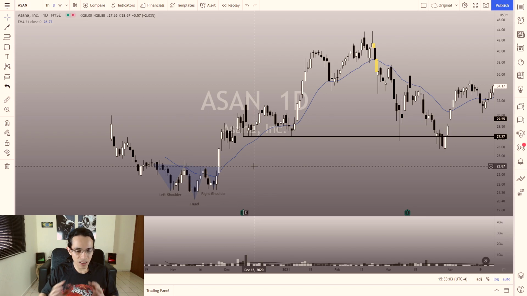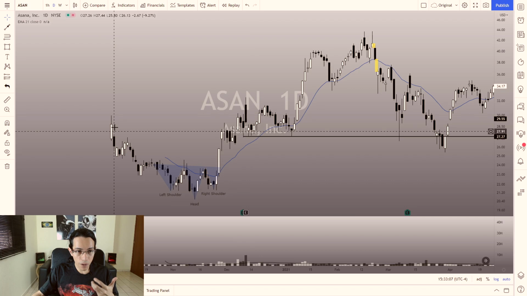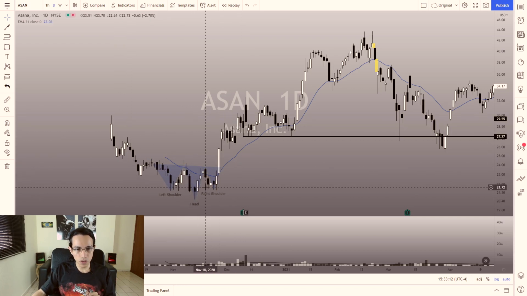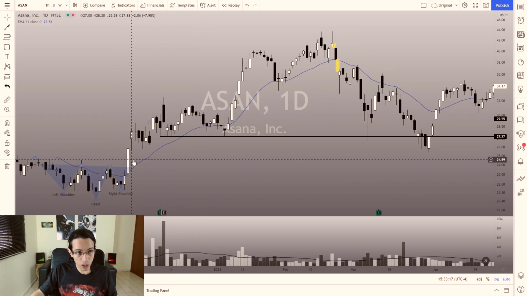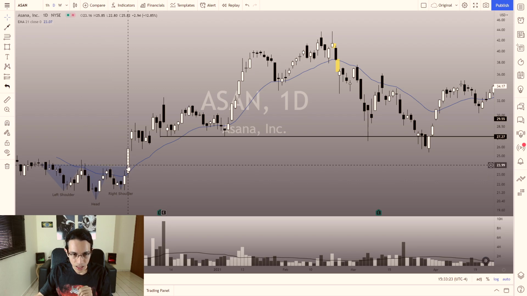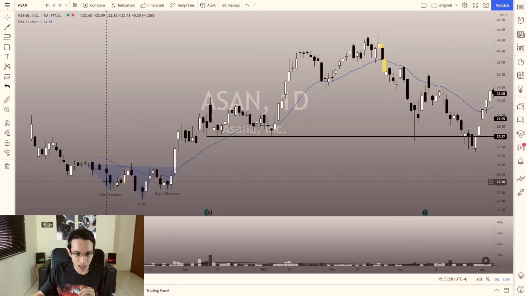How do you understand or interpret a head and shoulders? Well, it's just a pivot point followed by another pivot point. On an inverted head and shoulders, it is a bearish pivot point followed by a bullish pivot point. And this is why head and shoulders are so powerful, because the second pivot point is frustrating the previous trend. Okay, it is a classic pivot point reversal pattern, and it's frustrating the idea of a dead cat